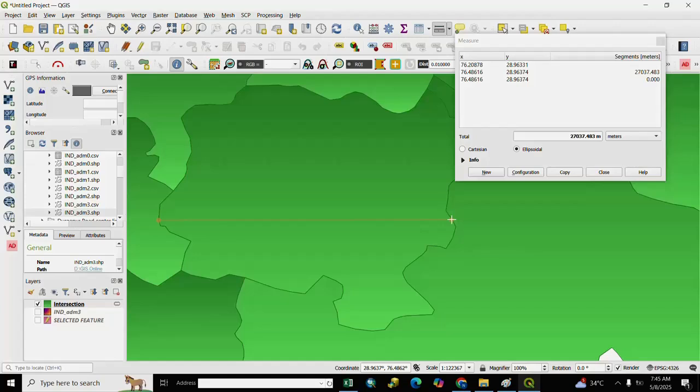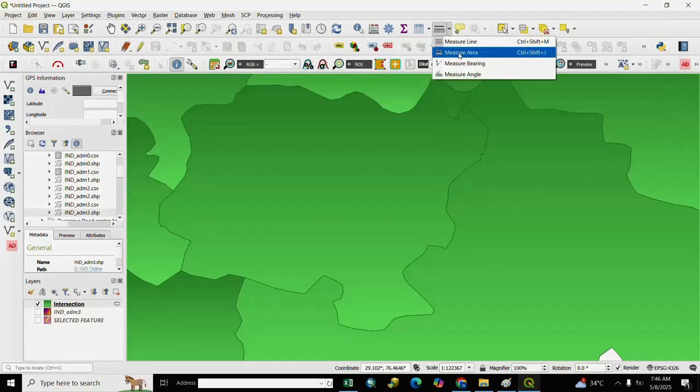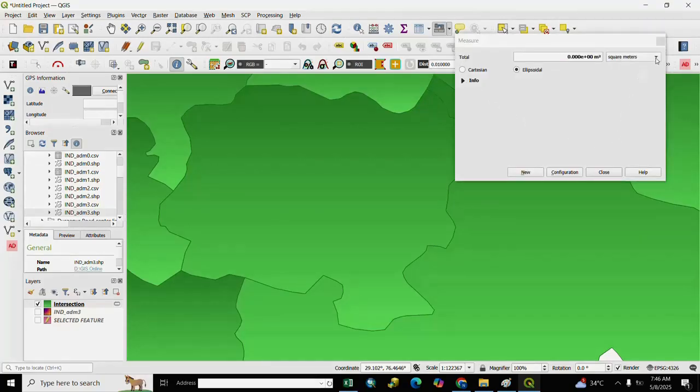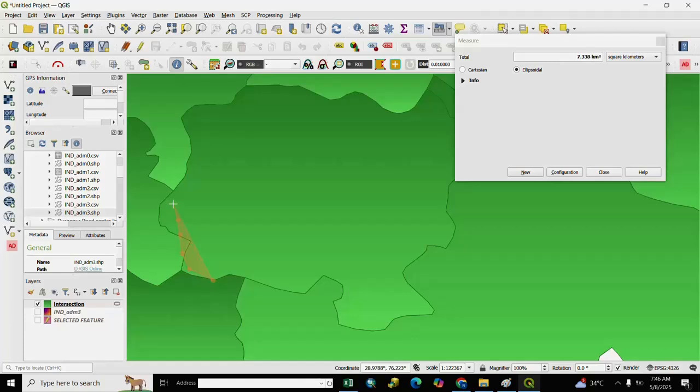And if you want to change it to kilometer, you select here kilometer, and you see here your length in kilometer. If you want area calculation, you go again to scale and select here measurement area, and you select here scale square kilometer, square feet, square yard. We select here square kilometer, and we start the first point, and we draw as per our requirement.